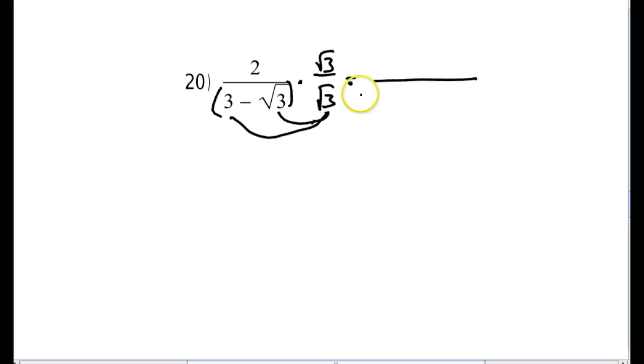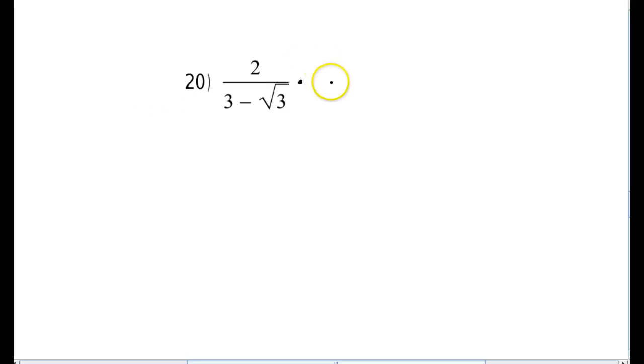When I distribute, I get 3 rad 3 minus rad 3 times rad 3 is just 3. You see that multiplying by this did not solve the problem of getting rid of the radical denominator. I got rid of this radical, but it created another one right here. So this method of just multiplying by the radical and only the radical does not work when you have adding and subtracting on the bottom. Okay. So instead,